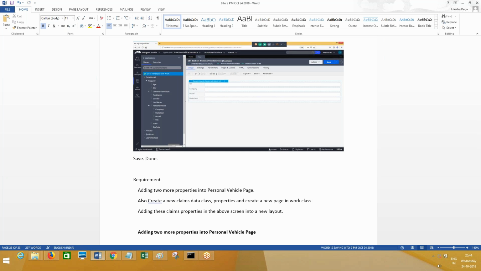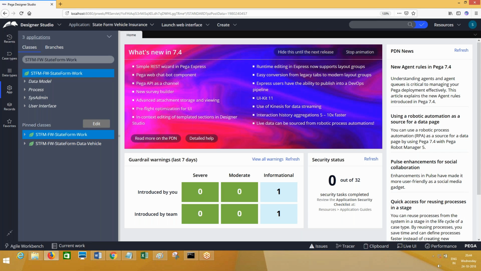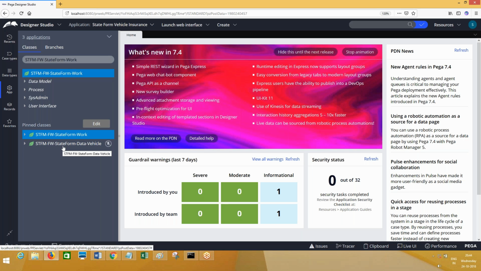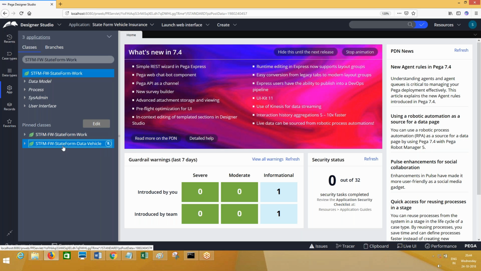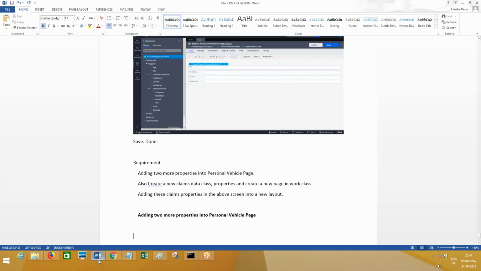Can you tell me the navigation to add? That is available here, I have pinned it. Right click, create properties, and then you will get this screen.